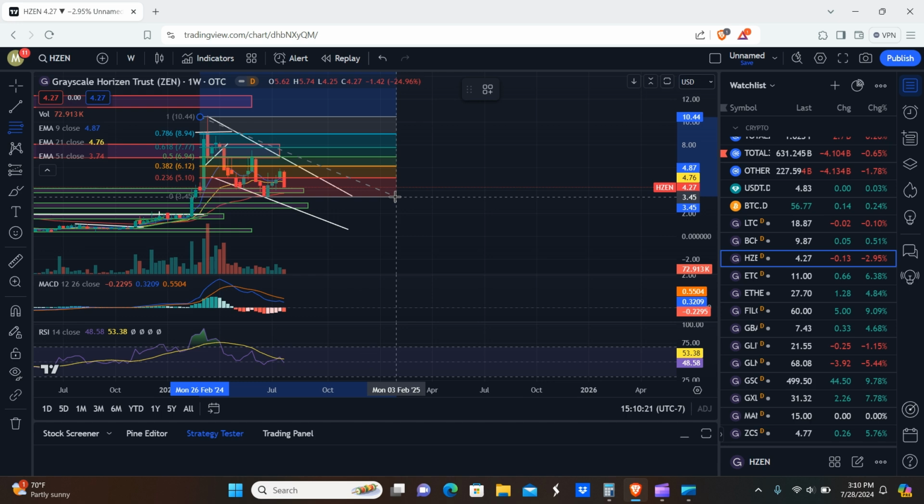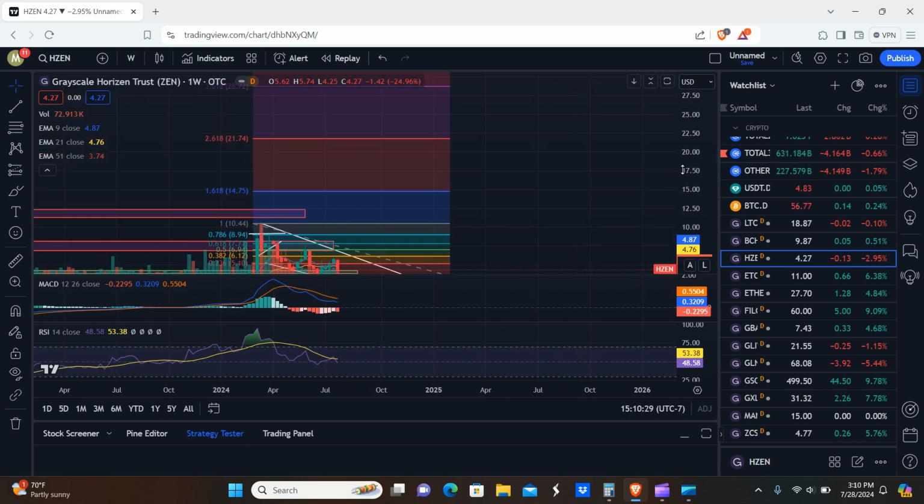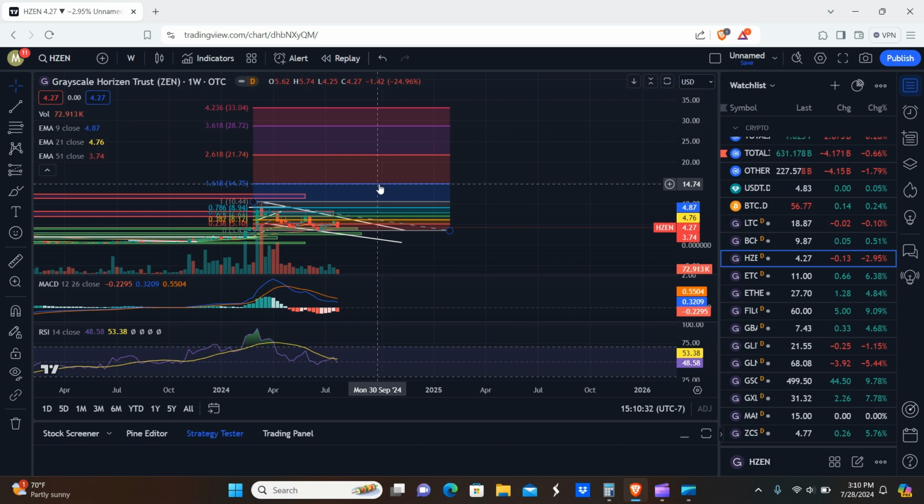So get the measured move here. We'll assume that this is the swing low. I mean, it would kind of make sense. It would be at the bottom of the wedge, support, and the EMAs. So I would say the chance of this being the swing low is pretty high in my opinion. So $15, $21, $29, and